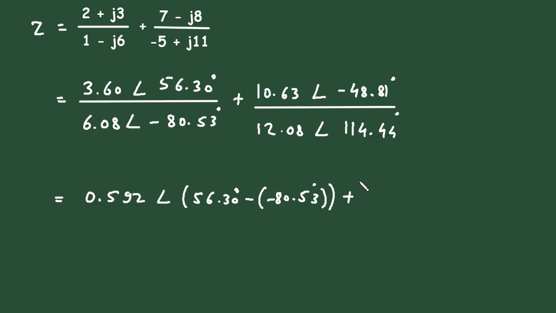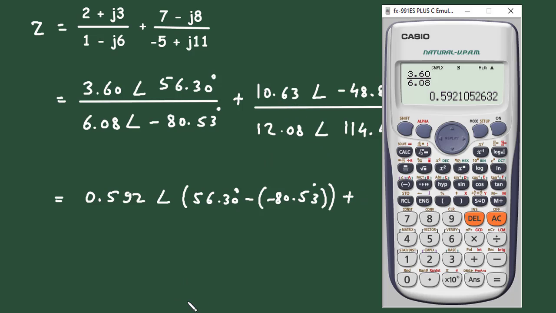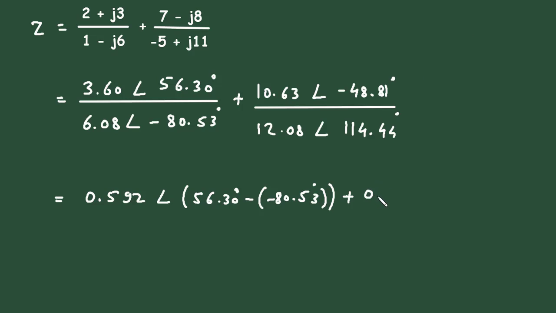Then this will be plus 10.63 divided by 12.08, which is 0.879 at an angle minus 48.81 minus 114.44. So this will be now 0.592